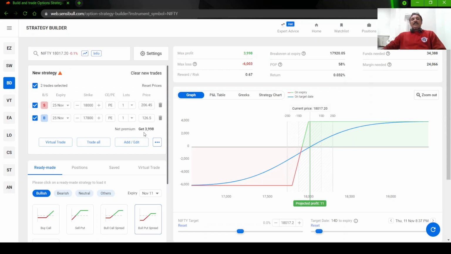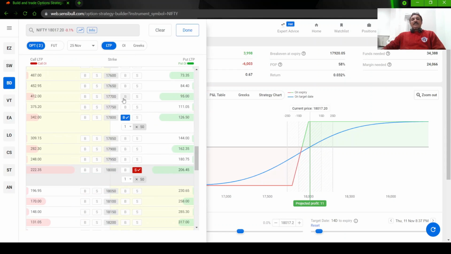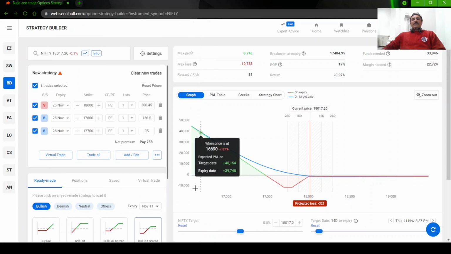So let us first see the net debit strategy. So let us add the strike back. So here we are going to pay 750 rupees to take this strategy. So this is a net debit strategy. Whenever we are taking a net debit strategy, you don't have the upside risk. We have done the adjustment, right, for the bull put spread. So if this is taken as a standalone strategy, what we are doing is we are basically cutting away our upside risk, and on the downside we are going to get a very good profit after some time. That after some time is this pit.